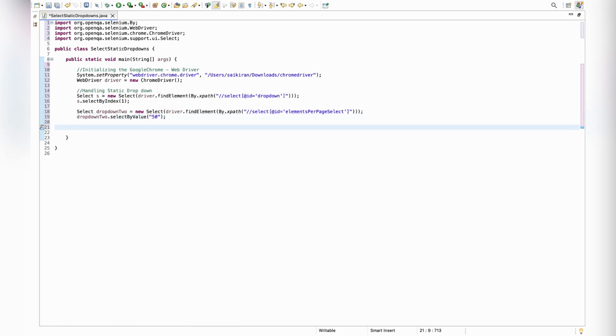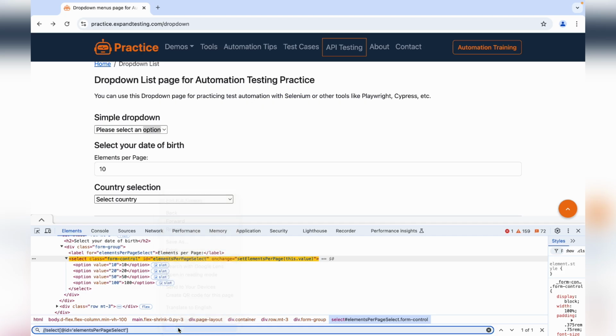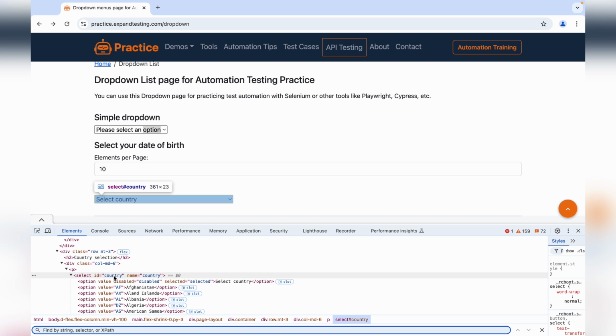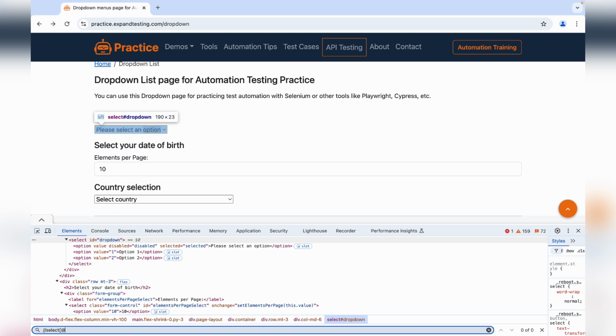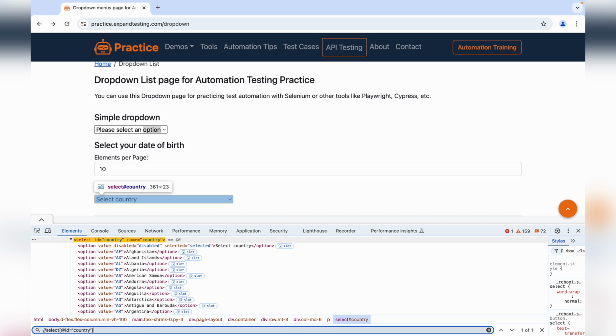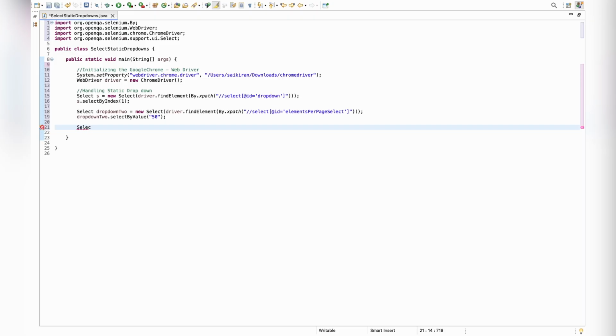Alright, and we are left with last dropdown. Let's write the XPath. Right click, inspect. This is the HTML property. Just write the XPath for this. // tag name is select, @ID is attribute, and value should be enclosed in single quote. As you can see, it is exactly matching the third dropdown. Just use it in your Eclipse. Select dropdown3 equal to new Select, driver.findElement(By.xpath). Paste the XPath here,